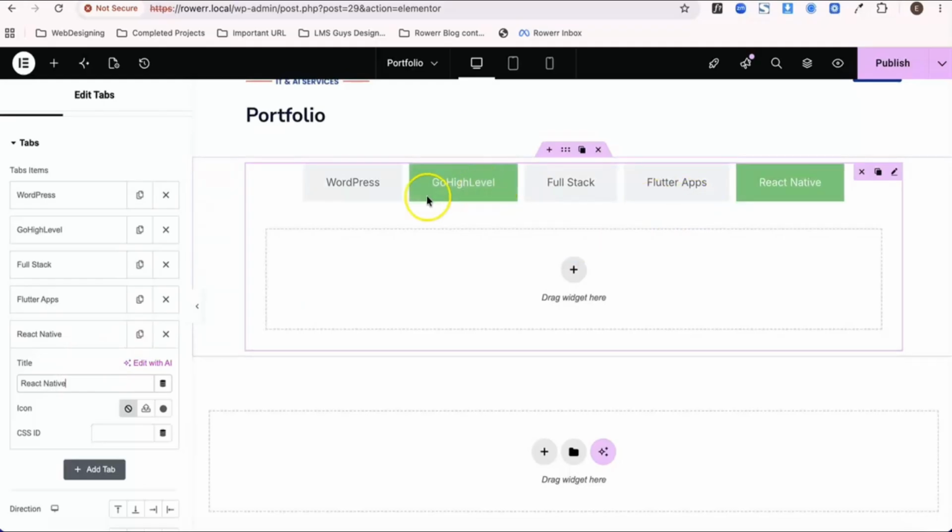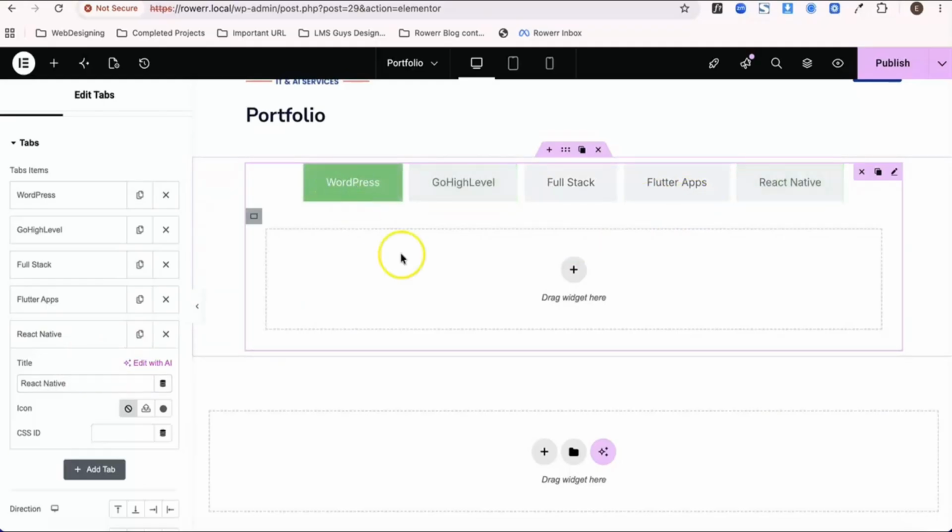Now what it will do, that when I'll click on the WordPress, all the case studies related to WordPress